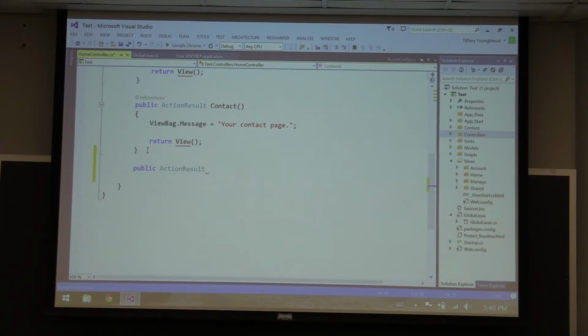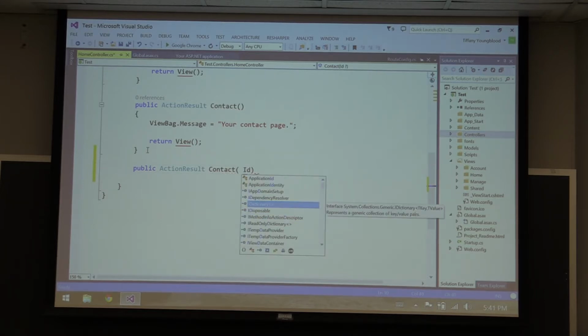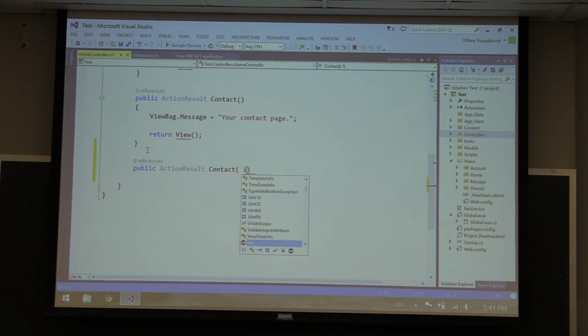learn how to type. We'll say ID. ID is what we used to. I think it's like a small. Yeah. Alright. So then we can pass it in an ID and